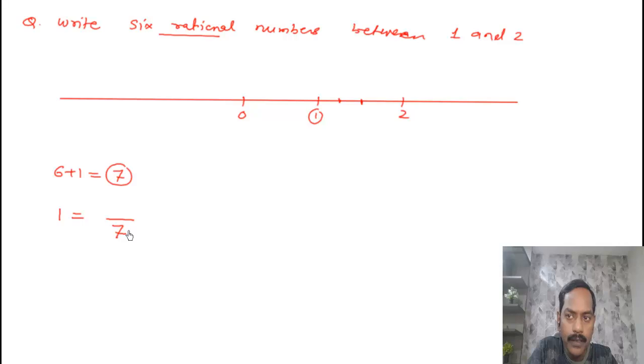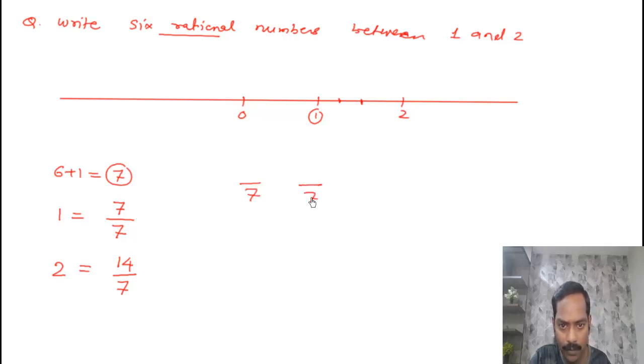So what should be the numerator, so that the overall value should become 1? It should be 7 itself, right? Because 7 divided by 7 is 1. Similarly, the other integer I have given is 2. So if I need 7 in the denominator, in the numerator I'll be getting 14, so that 14 divided by 7 makes it 2. Correct? Now the 6 rational numbers which we can generate, you can keep 7 as the denominator for